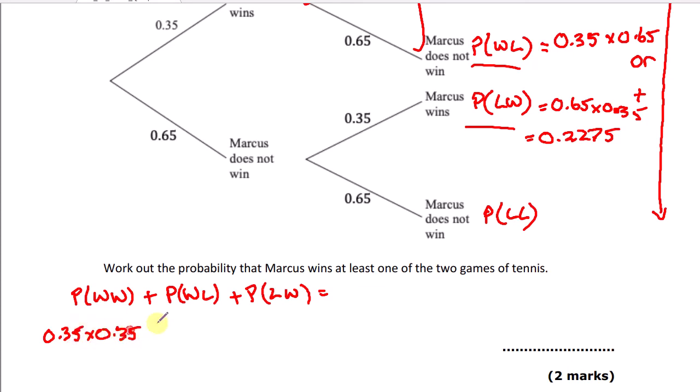Show these, and you'll be getting the marks building up very quickly. You showed me that you've got to multiply and add at least two of these elements together, and you would wind up with at least 1 mark. So that on its own would be 1 mark. Plus 0.65 times 0.35. When I calculate all of that, using my calculator,